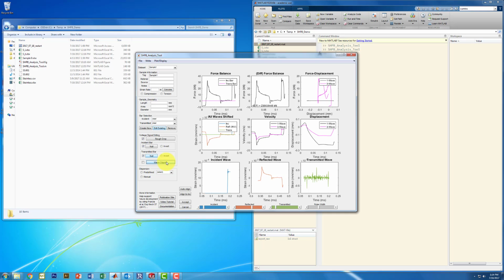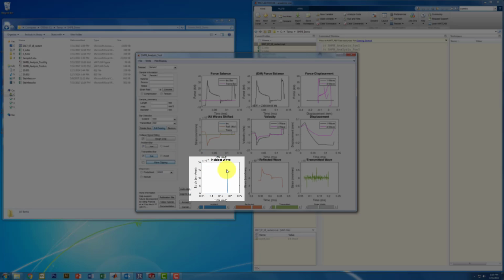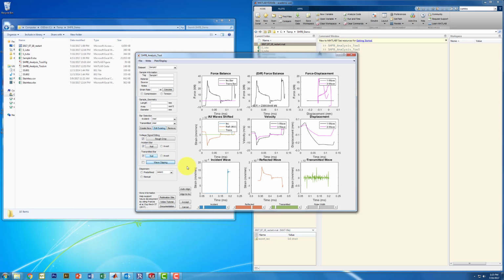Alright, so this is a new feature compared to the previous version, where this is generally the most time-consuming part of your data analysis, where you're trying to isolate the incident wave, which is, you can see down the bottom left, the reflected wave, which is in the center at the bottom, and then your transmitted wave. Before, I had an algorithm that attempted to get that right when you imported your signal, but I found a lot of folks that were using this said that was causing lots of issues for them, and it was. And so what I've decided, instead, I